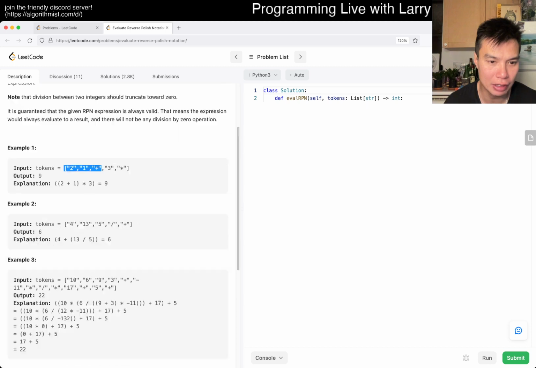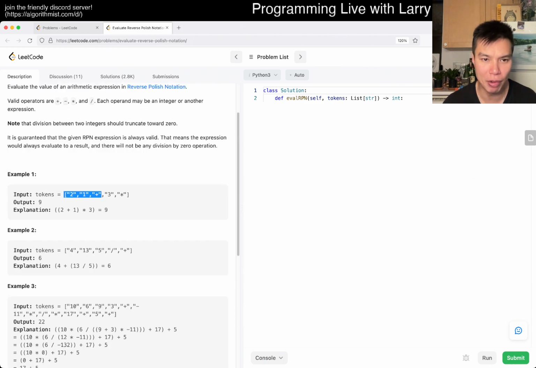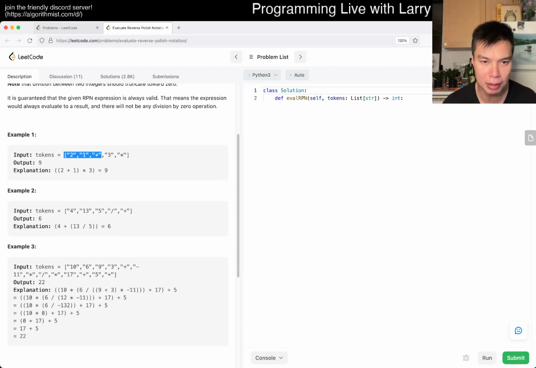The idea behind Polish notation is basically to give you an unambiguous order of operations. So you just do whatever you need to do, and whenever you get an operator, you evaluate it on the top two elements. There is some order of operation thing that we might have to be careful about a little bit, but otherwise